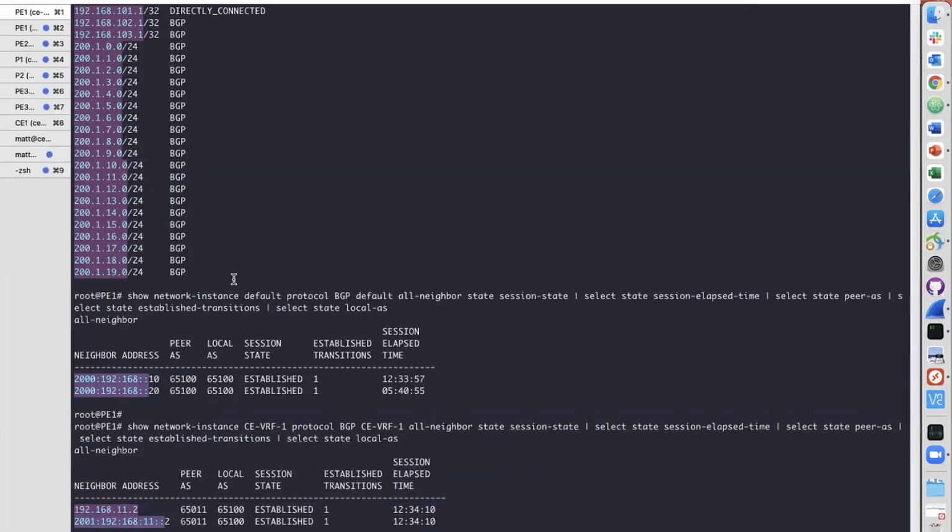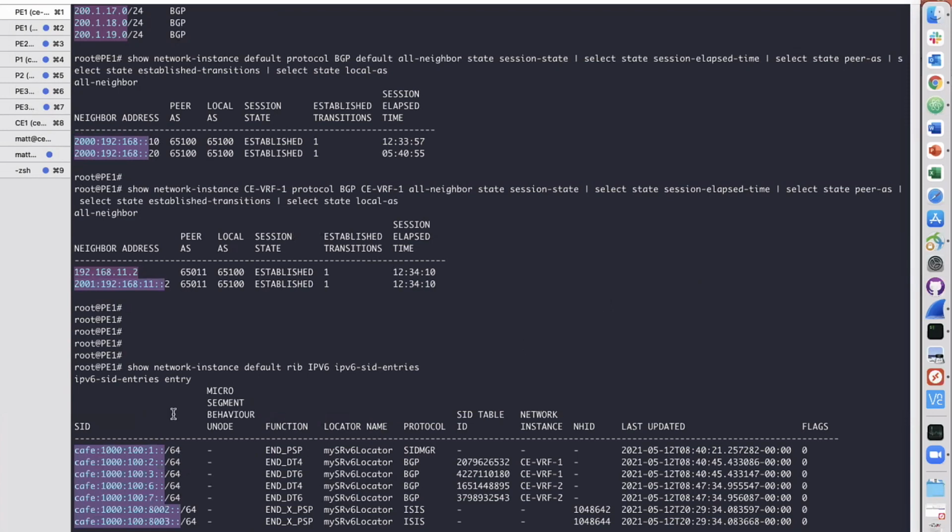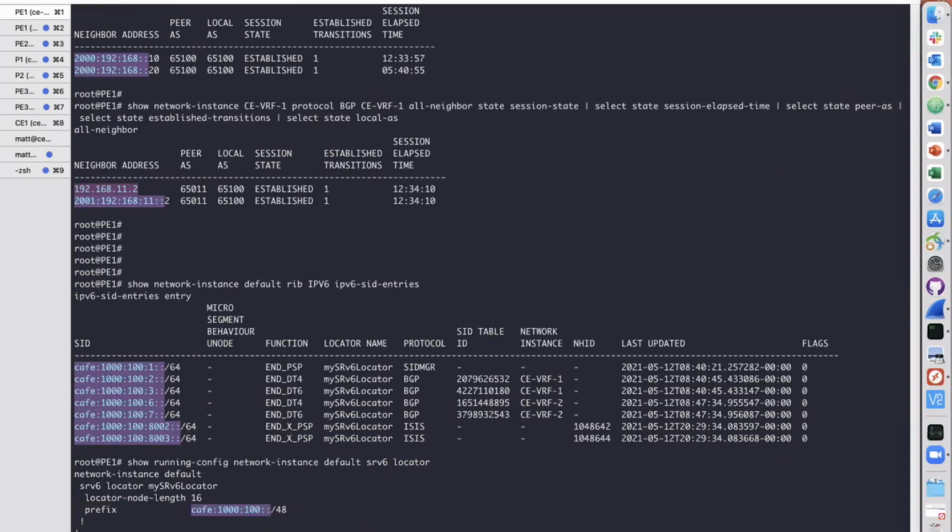Now, we talked about segment IDs and how these look in the router are determined by the routing protocol clients that are using segment routing. There is what's called a locator in segment routing. With SRv6, the locator is a v6 prefix. We look at the locator. We can see that it's configured as a /48. And this is out of a block of /32 that all of the routers in the network that are participating use. So if you look at the same command on PE2,